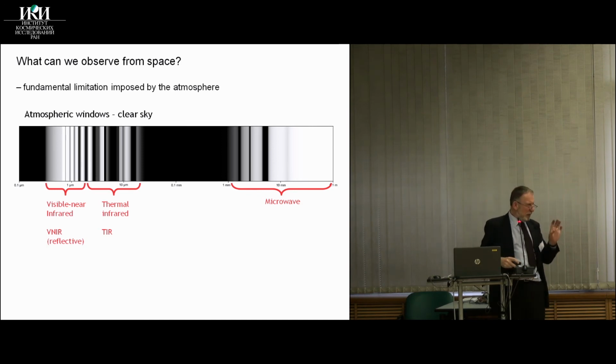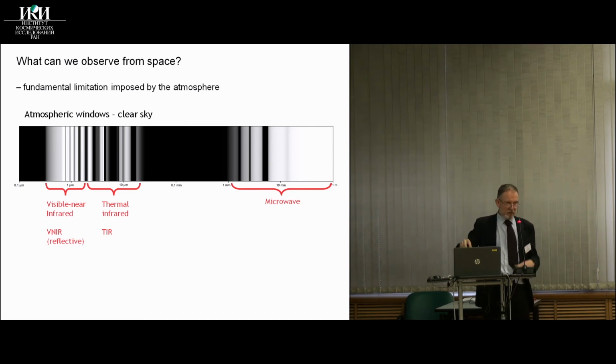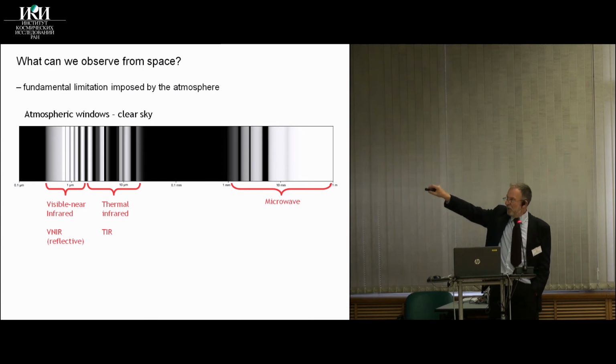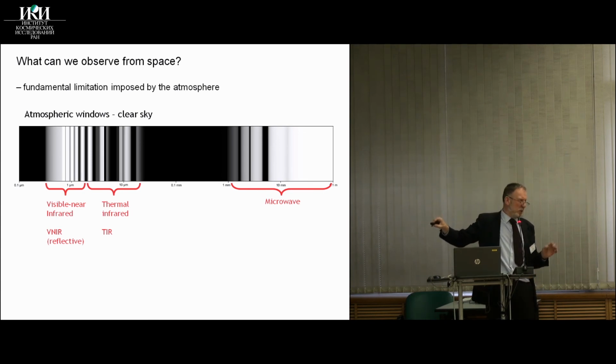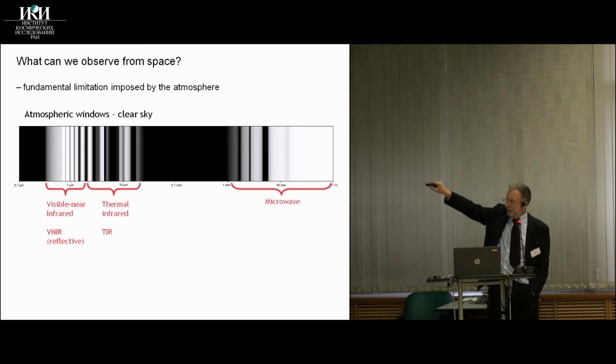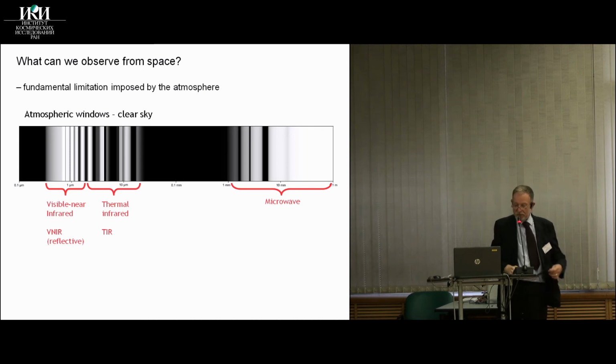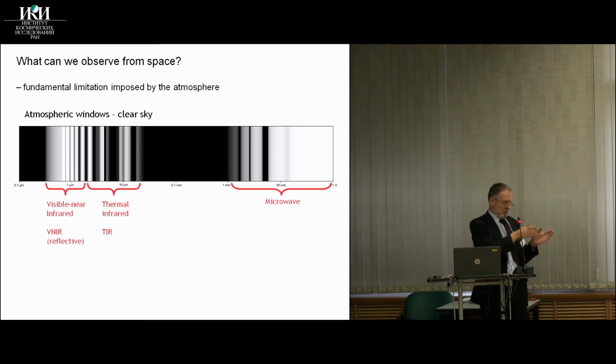And if you squint at this diagram, if you defocus your eyes a bit, it's got three broadly transparent parts. This one, which is where we've been till now, the visible and near infrared. This one, it's a bit messy, is the thermal infrared part of the spectrum. And then this one over here is the microwave part of the spectrum. This threefold division of the atmospheric transparency gives a convenient way of thinking about the range of possible satellite-based